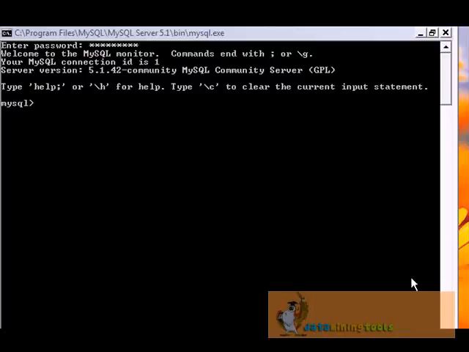Welcome to a tutorial on MySQL operators. Let's begin with precedence of operators. Suppose we have multiple expressions in which... let's try select